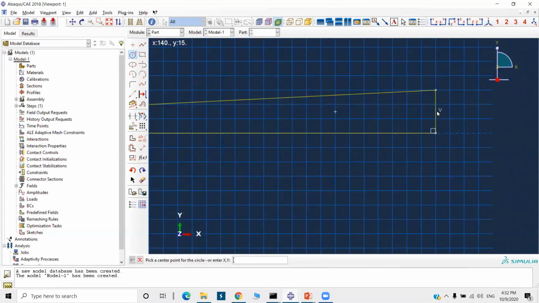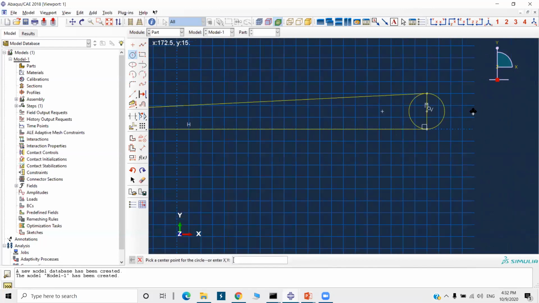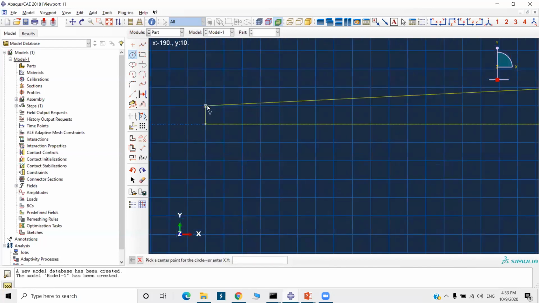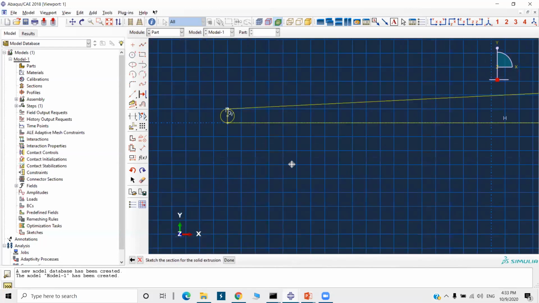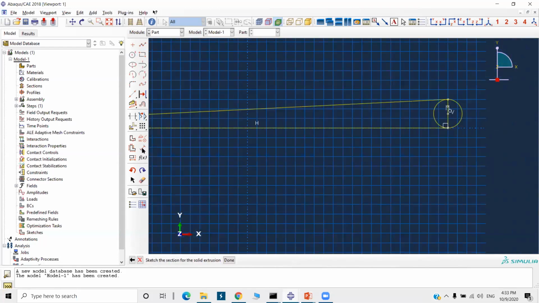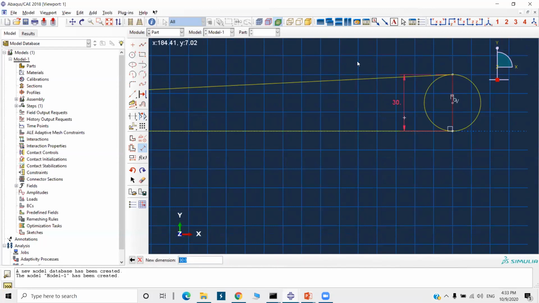It is a circle here. Okay, so it is showing the mid center here. I'll dimension it, 30 diameter.